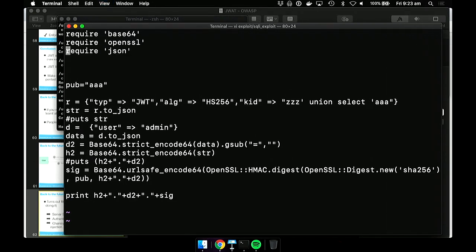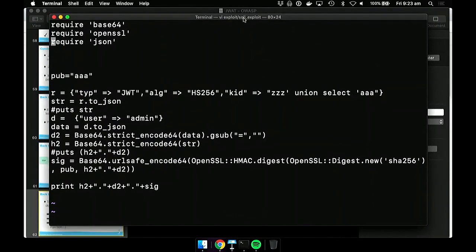Maybe a bit bigger. So what we're going to do is say my algorithm is HMAC, because it's the thing I know it's using. Then I'm going to do a basic SQL injection that returns, instead of the actual result, ZZZ. This way, it's not going to return anything on the first row, and it's going to return AAA. Since the SQL injection returned AAA, the new key is AAA. So I just use an HMAC with AAA, sign the header and the body, and I'm in. So if I run that,